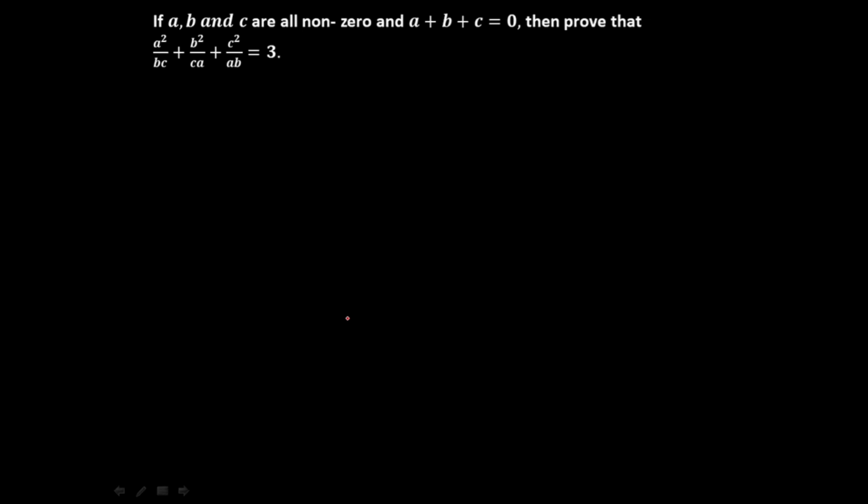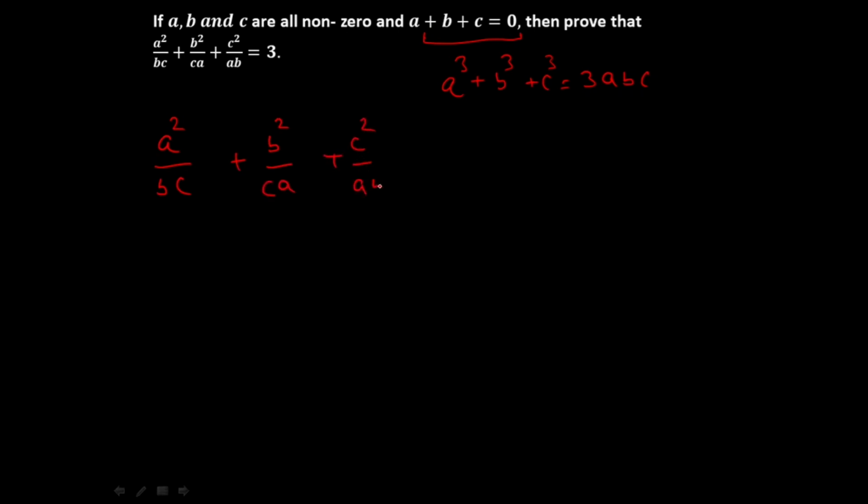Next question we have. If a, b and c are non-zeros and a plus b plus c equal to 0, then prove that this value should be equal to 3. Okay, this identity, I think you remember. If this happens, a cube plus b cube plus c cube equal to 3 times abc. Now how to prove this left hand side equal to 3? You can go in many ways. Answer will come same. Now this is given to us, so I'm gonna take LCM here,